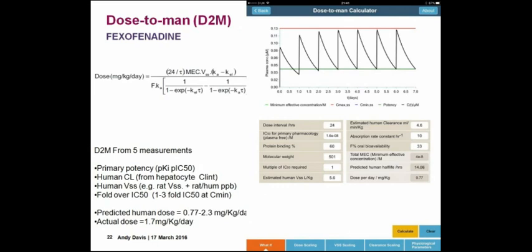So those are the five measurements you need, and then some assumption of how much you want to cover your cell activity as a minimum effective concentration. For fexofenadine, we felt between 1 and 3-fold the IC50 at Cmin was where we'd like to look. That gives a predicted dose using our app, putting the numbers in, of between 0.7 and 2.3 mg per kg per day. And the actual dose used for fexofenadine is around 1.7 mg per kg per day, right between the predictions